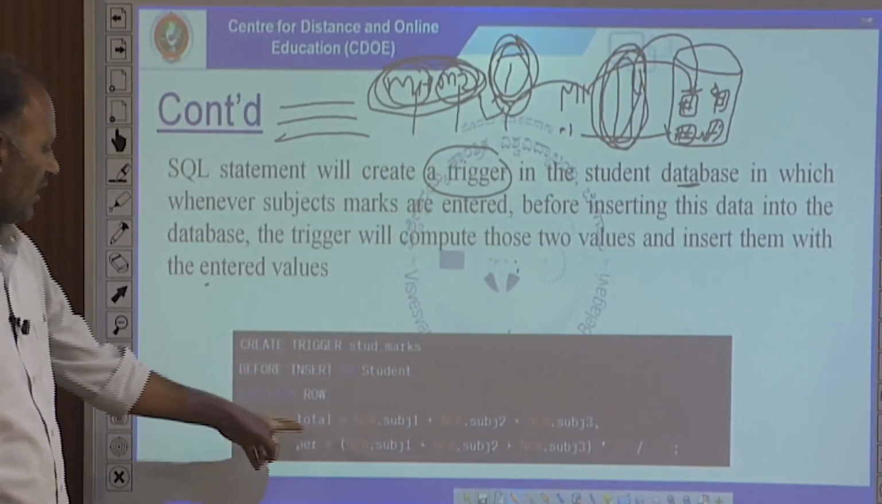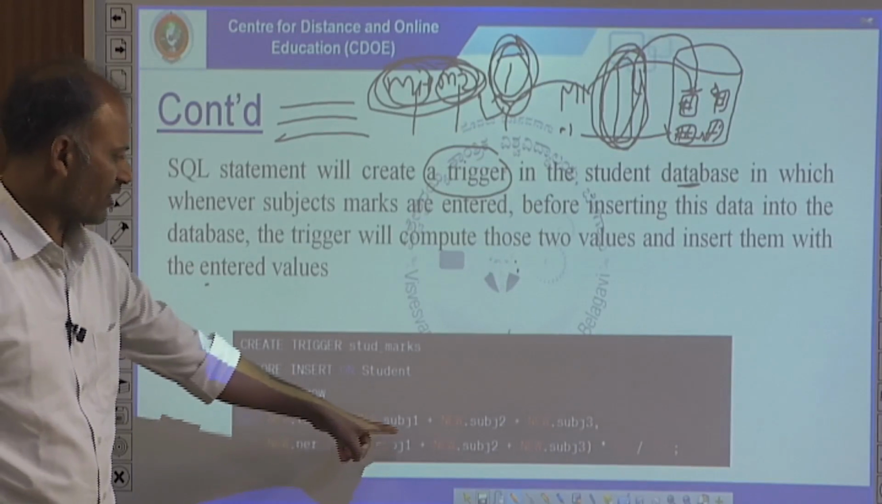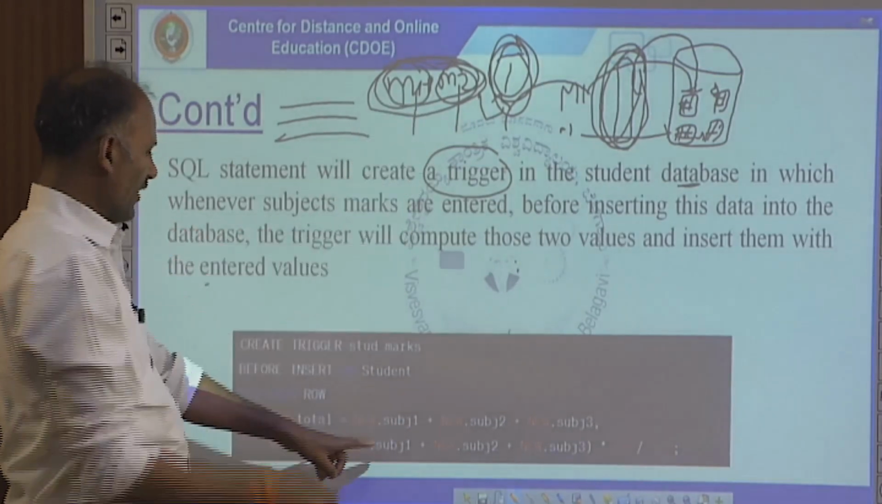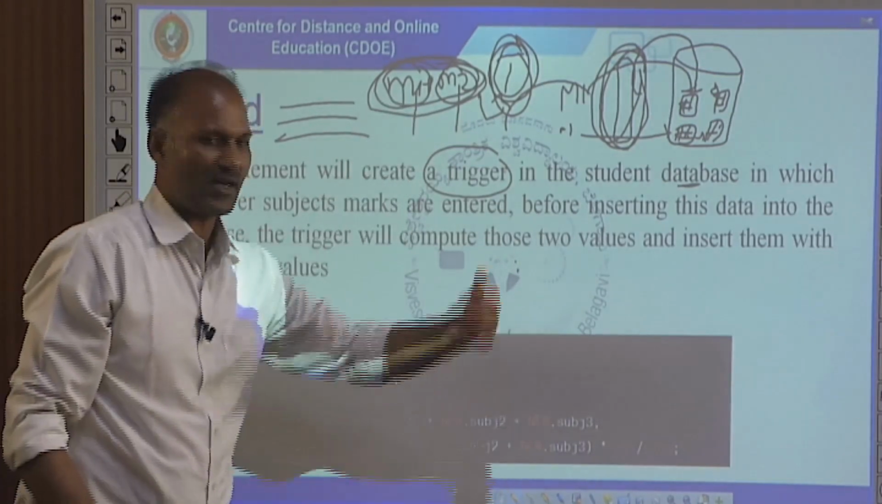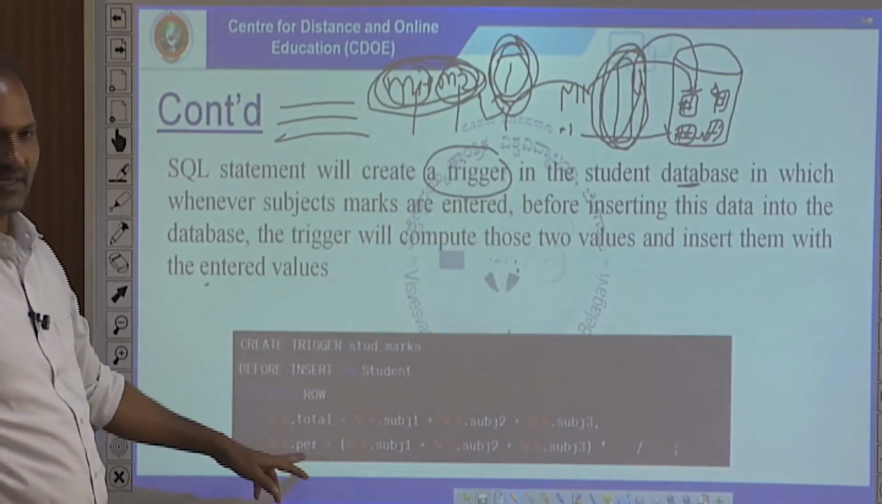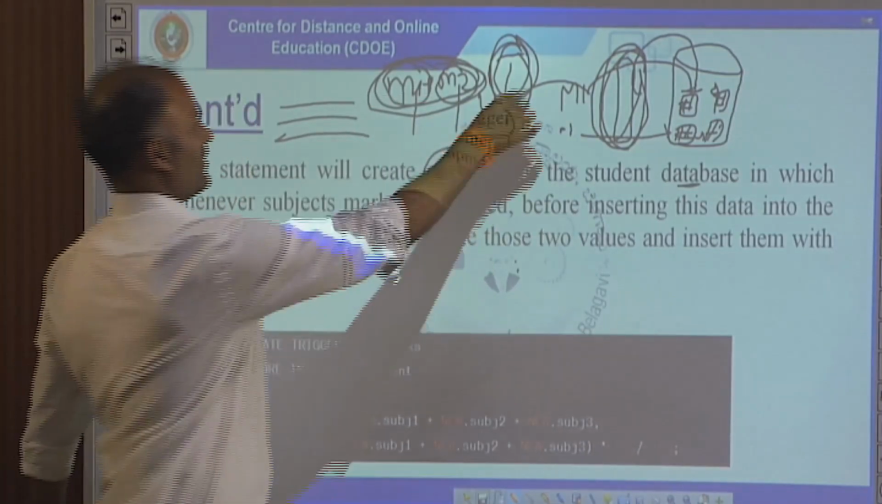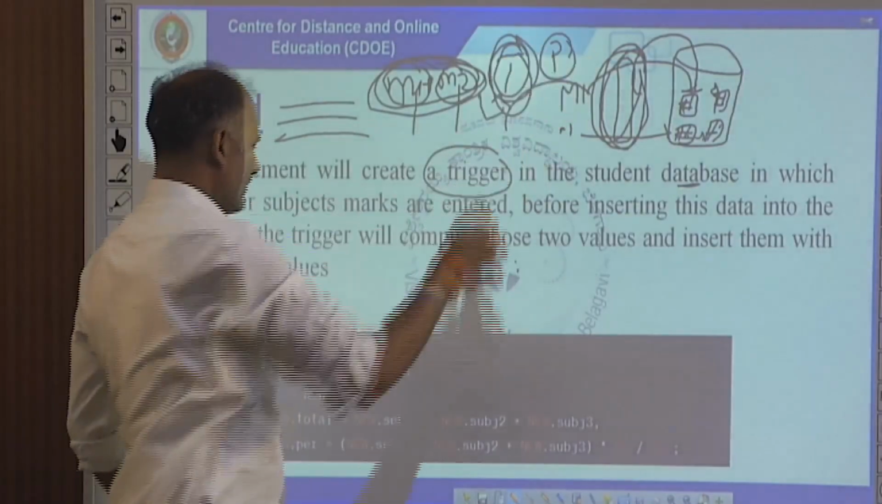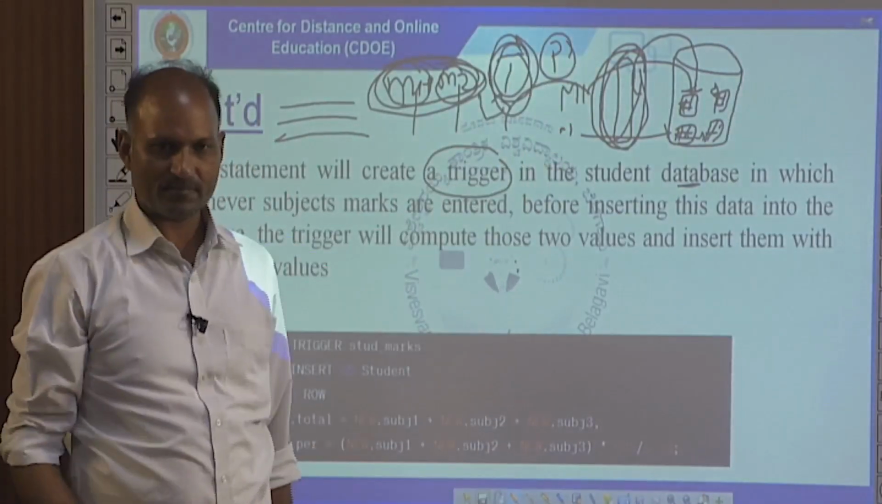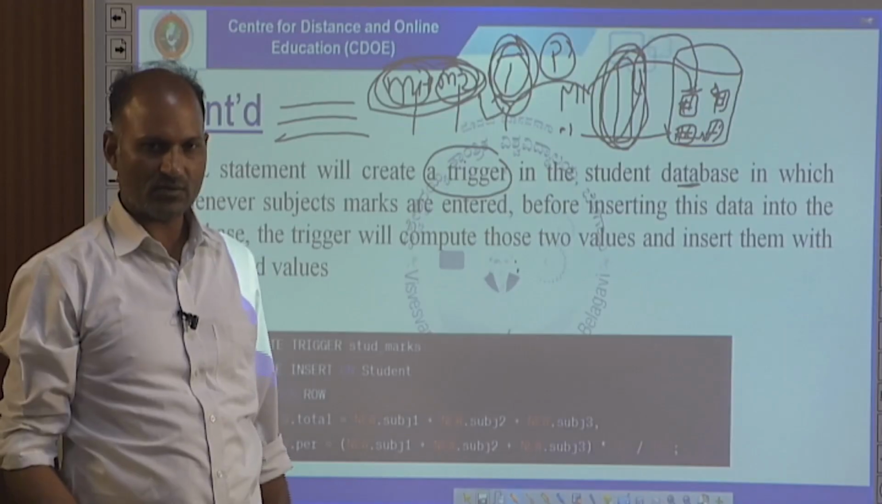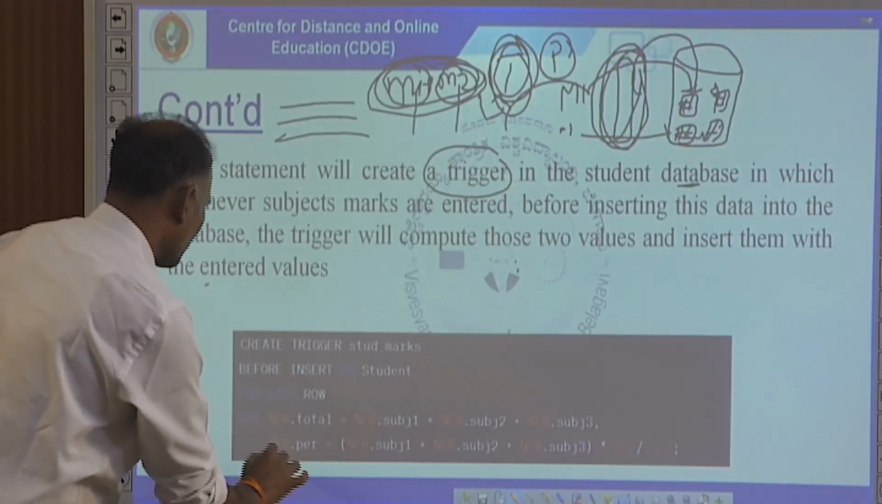Now new.total is equal to new.subject1 plus subject2 plus subject3. Then percentage. There is one more column called percentage, so update this percentage as well, just divided by the number of subjects. So this means we want to perform this operation